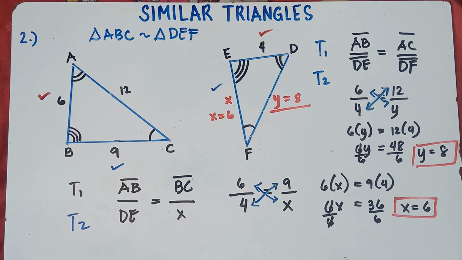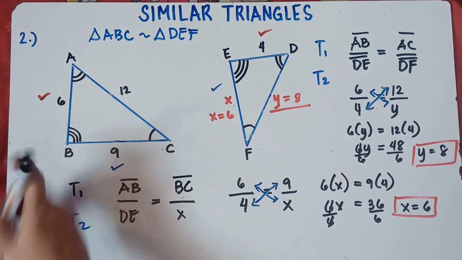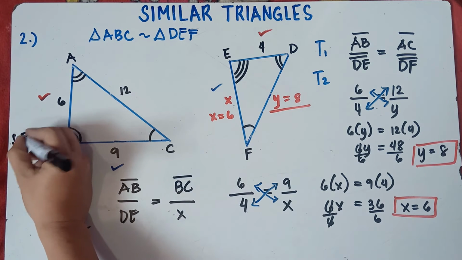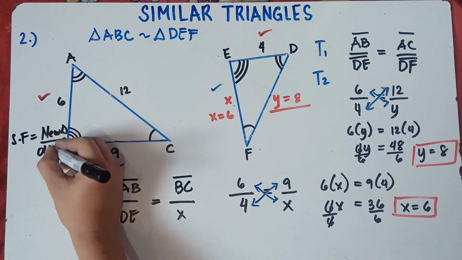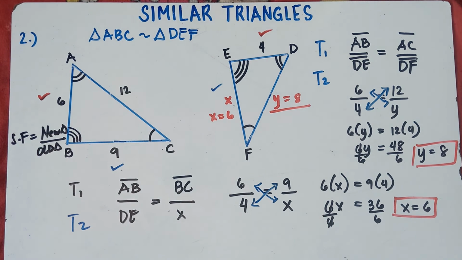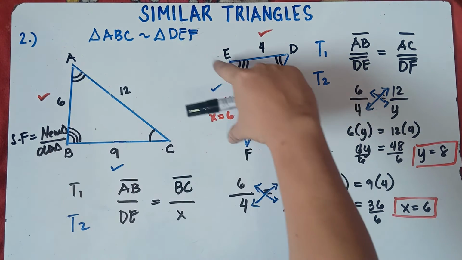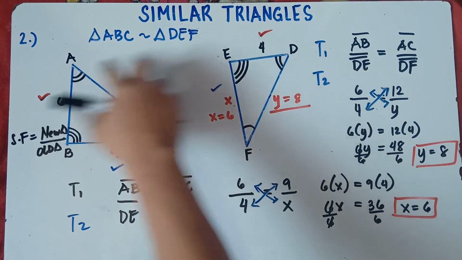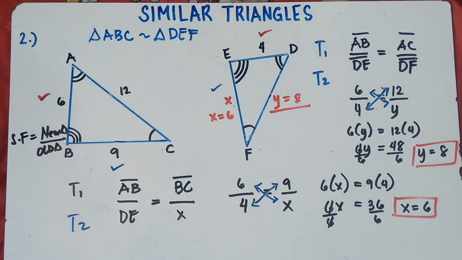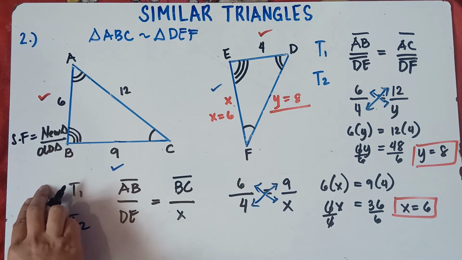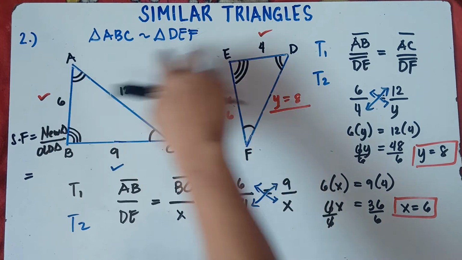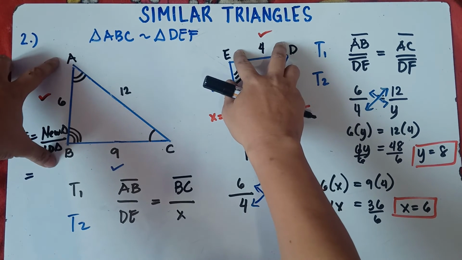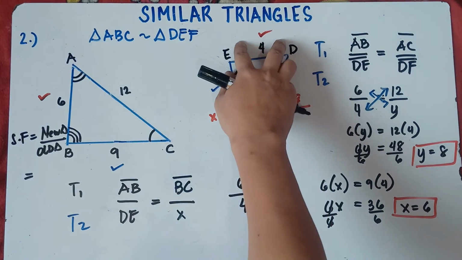Once again, if the teacher will ask for the scale factor, I will just put SF, class, scale factor, the new triangle over the old triangle. Alright, so what would be our new triangle? So, new triangle, so this side, let's have ED and AB, class. Okay, let me just write it here. I hope you see this one, class, for the scale factor. So the new triangle ED over the old triangle AB.